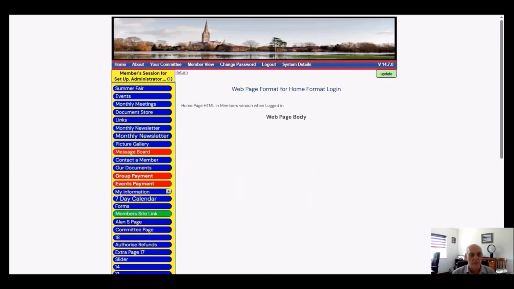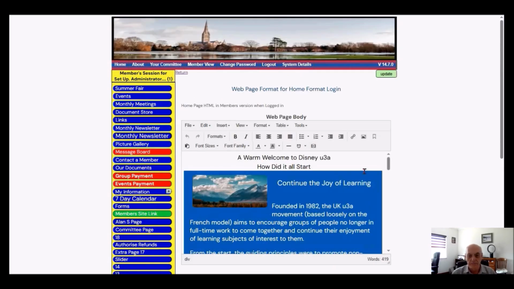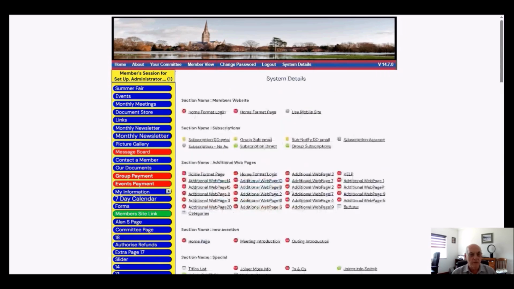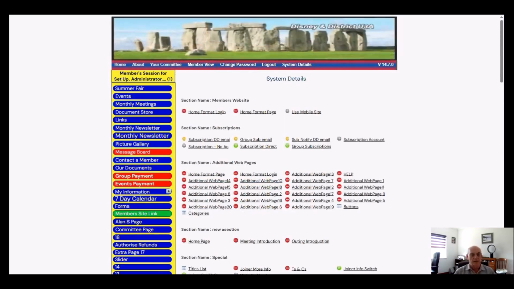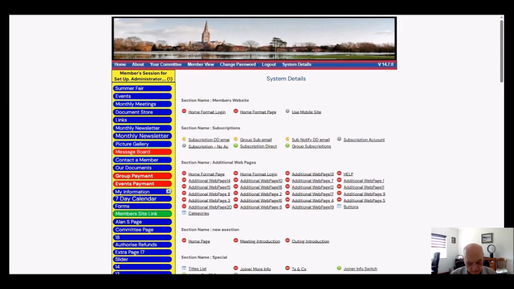But they will be empty. So if you put something in, it doesn't matter. You can leave them blank, and they'll just show blank on the member site. But it's probably best you put something in there. So once you've done those four items,